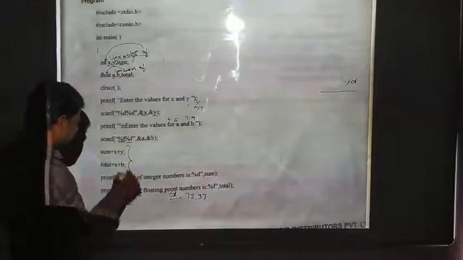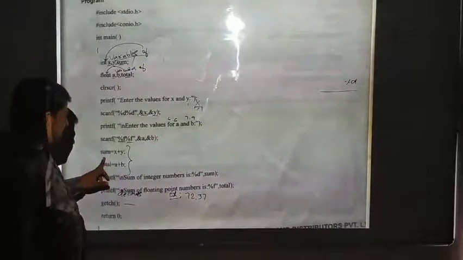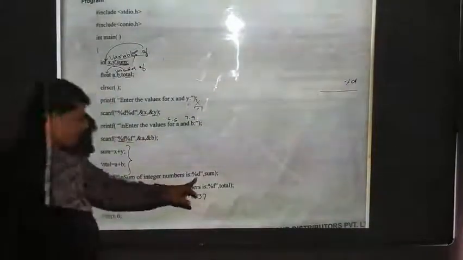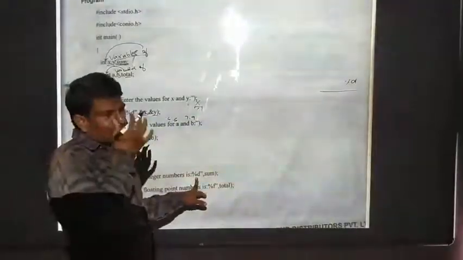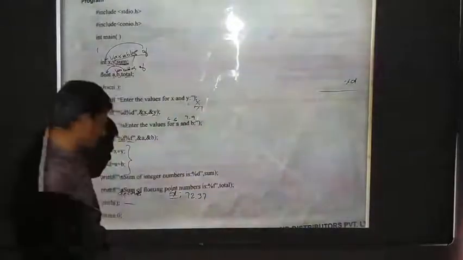Here you can see sum is equal to x plus y. This is the code. Sum is equal to x plus y. Total is equal to a plus b. What I am doing here is adding the x and y values and storing them in the sum variable, because sum is also defined as a variable, right? So I am giving %d only. If I give two integer type values, I will get the result as an integer type value after adding. If I give floating type values and add these two, I will get a float type value. That's why I will give %f here. This is about the function.